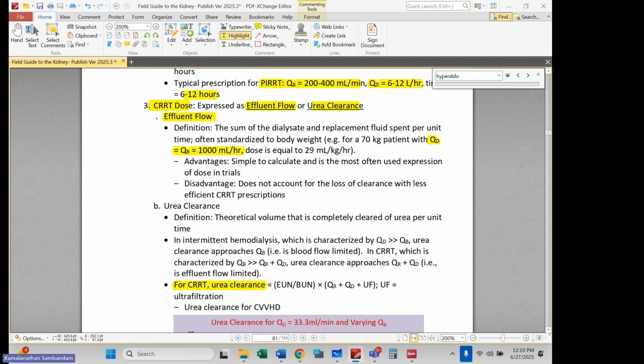So you can express that as, because we're running dialysate and replacement, 2,000 milliliters per hour. Each one of those is 1,000 milliliters per hour. So you can say, I'm running 2 liters an hour of CRRT. That's how I do it. I do not make it weight-based. I don't take the trouble of dividing it